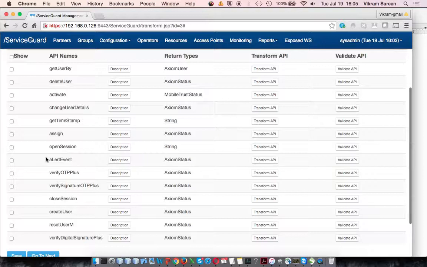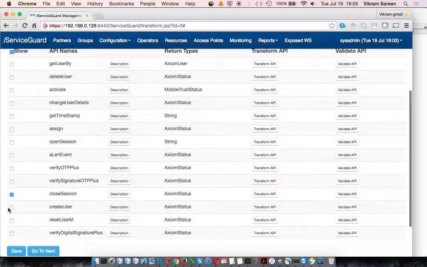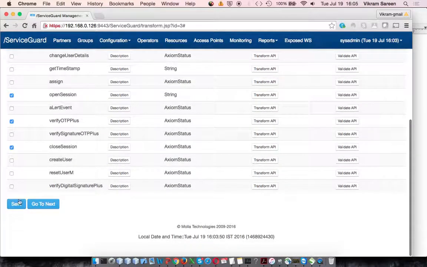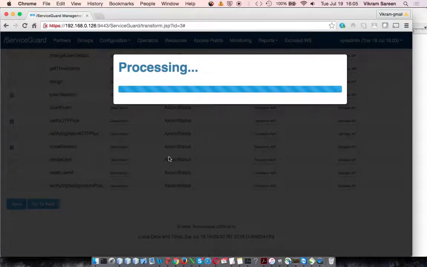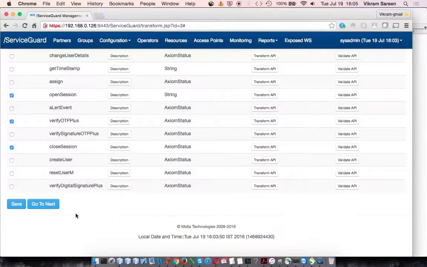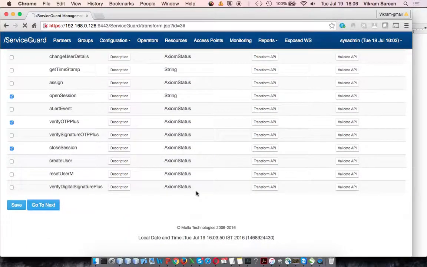So these are the various APIs that are being exposed. So I just pick up, let's say, something simple, open session, close session, then verify OTP, get user, something like that, and then I just say save. Yeah. So what I've done is that global sign as well as Axiom Protect, I have saved them successfully, and now I'm going to the next level where I'm actually going to go ahead and